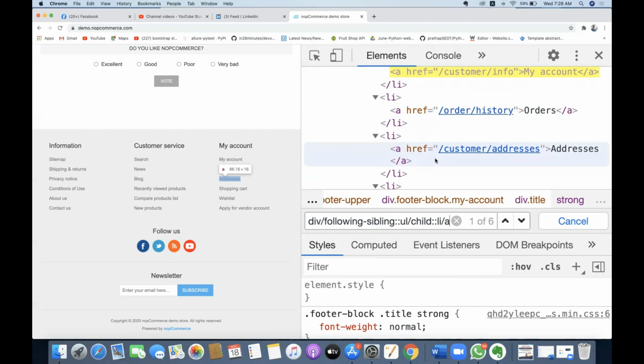Try to write your text, use your text method and identify that particular element. From there, start writing your relationship: how to reach your desired element, either from child to parent or from child to sibling. You have to take the appropriate relationship. Then you can identify your elements.